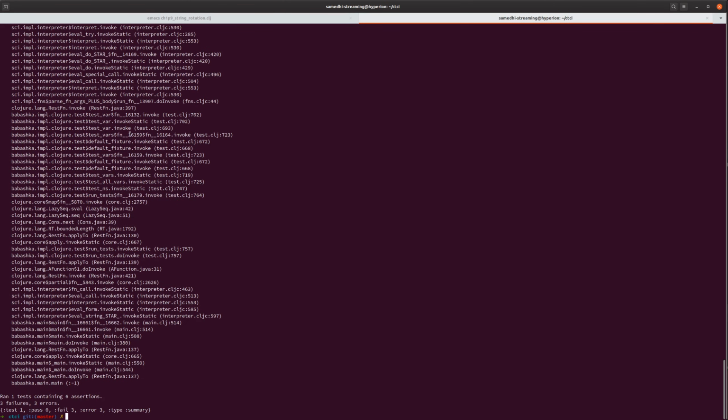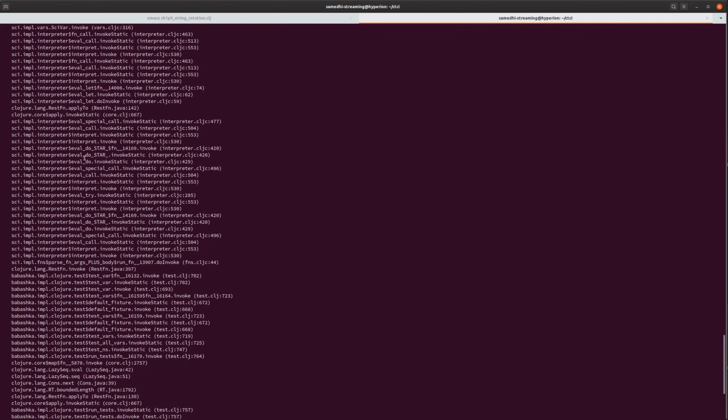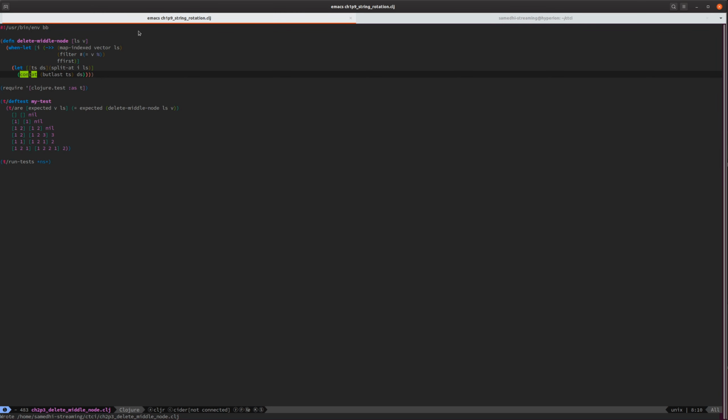Okay, so at least we failed with a... Equal 1, 2, 1. That's weird. Delete middle node. Oh, okay. Delete middle node 2. We said it should be 1, 2, 1, but instead it was: don't know how to create ISeq from java.lang.Long. I think I can guess what that is, but